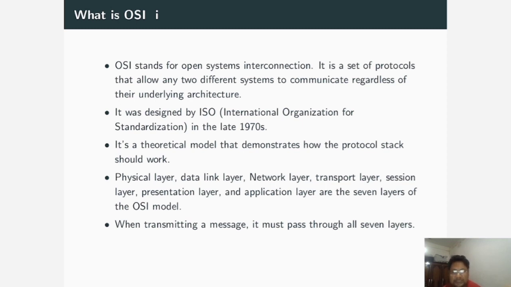The physical layer is the lowest layer of our OSI model, which mostly discusses how bits are actually sent. The data link layer sends information about the systems, like MAC protocols. The network layer primarily discusses the IP address. The transport layer mostly discusses the port numbers of our system. The session layer discusses the sessions between two systems. The presentation layer mostly discusses